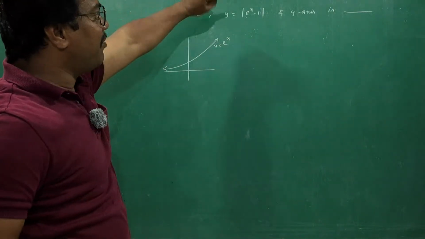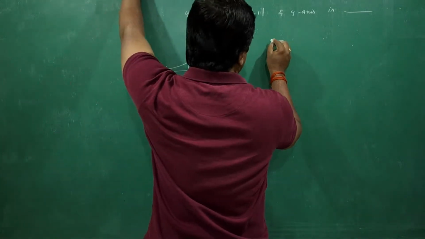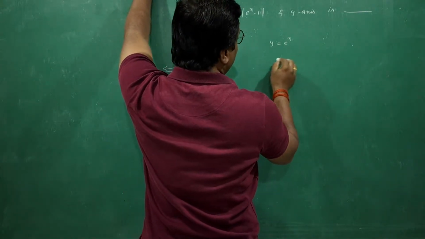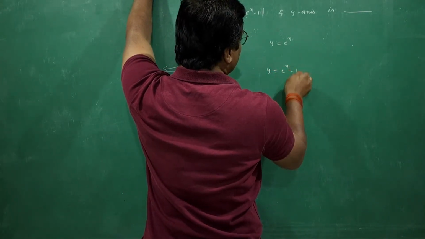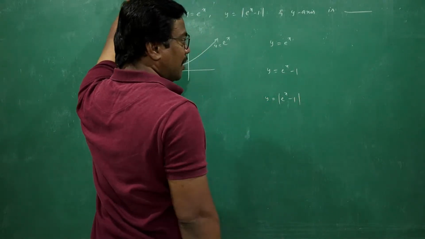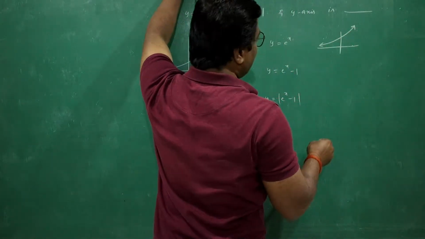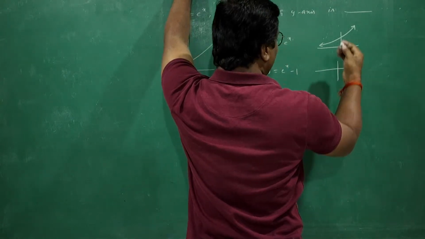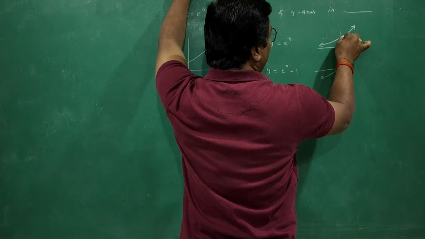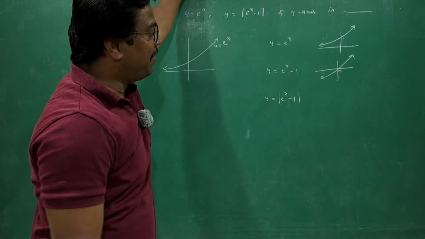Next, you need to draw the graph of y equal to modulus e power x minus 1. First, I am going to write the graph of e power x, then the transformation e power x minus 1, and then we go for mod e power x minus 1. You know that e power x graph shows rapid growth; for e power x minus 1, shift 1 unit below, which gives the graph in this way. Here it passes through 1; when 1 unit less, it passes through 0. Next, when you apply modulus sign,